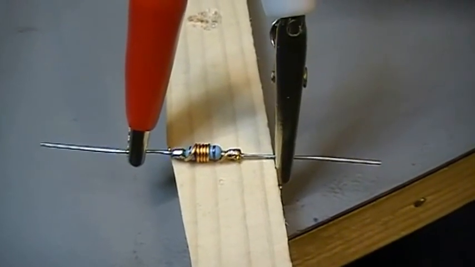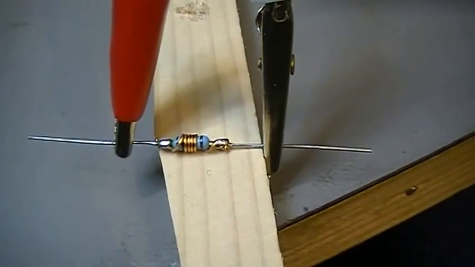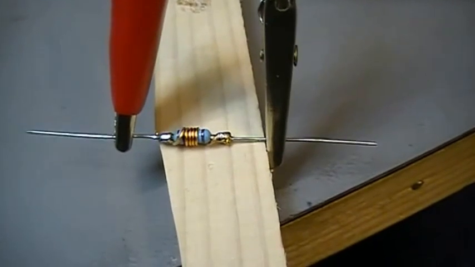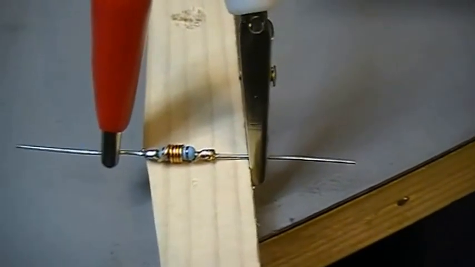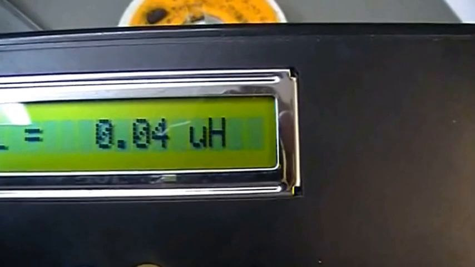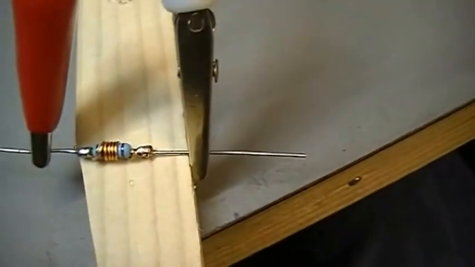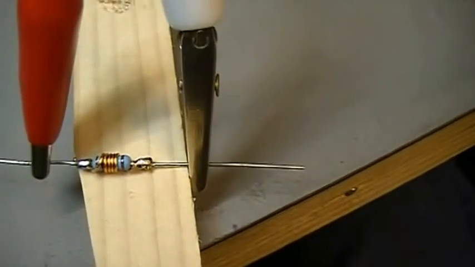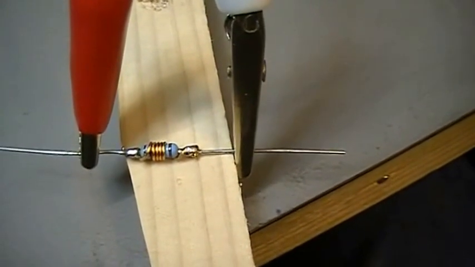Okay, so this is the ready coil. We wound it over a 100k resistor, and the inductance is, so that is 40 nanohenry, and that is what we're going to put in between base and collector, and